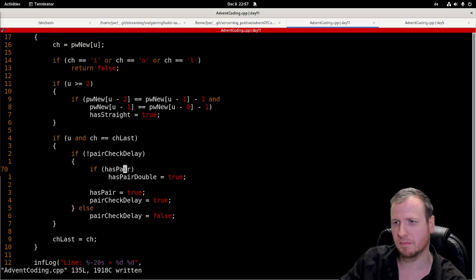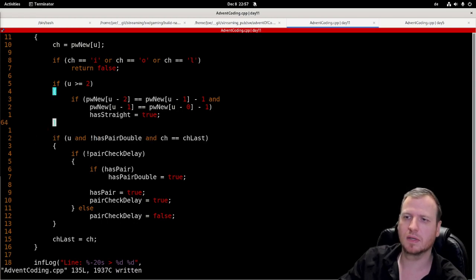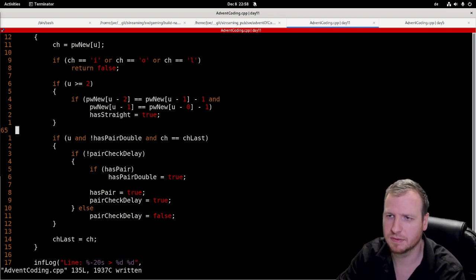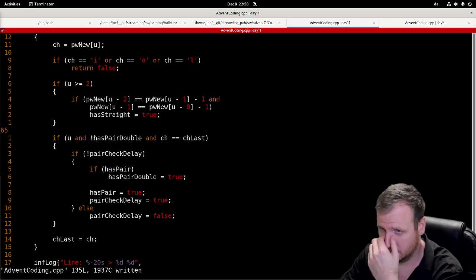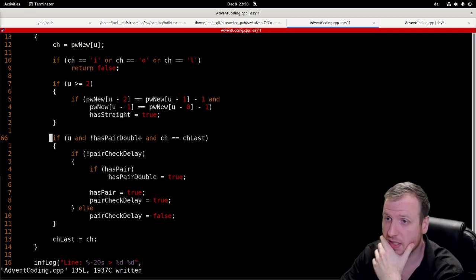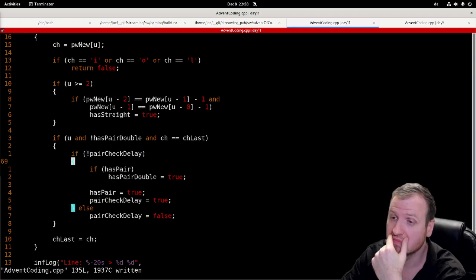If this is true, then we have a pair. We delay the pair check, and if u and not this, and disable the check as soon as we have found a double pair. So if this is enabled and it's okay, then if it's not delayed,